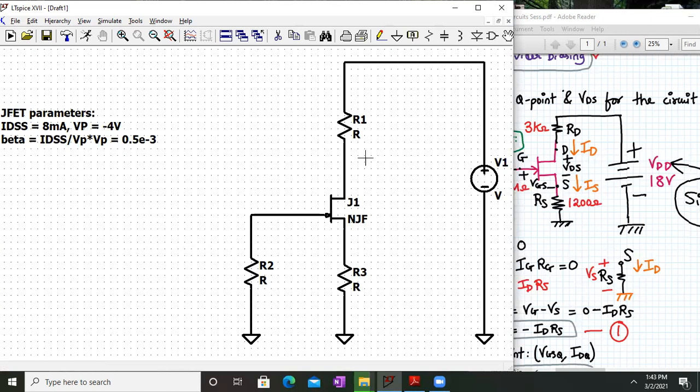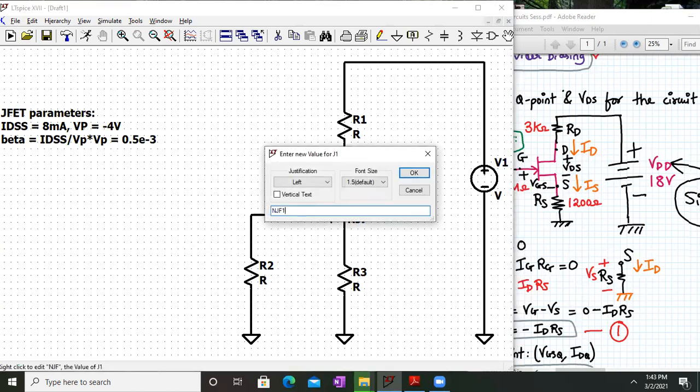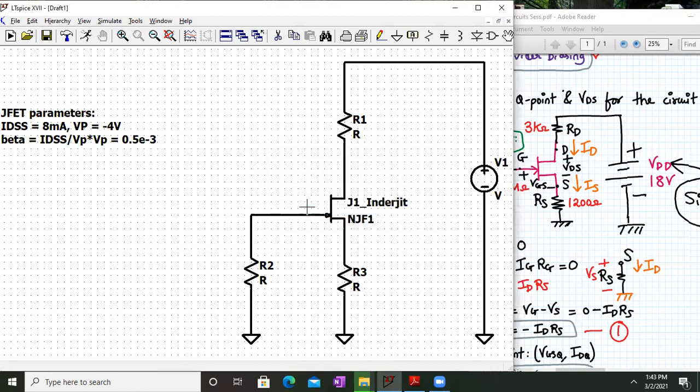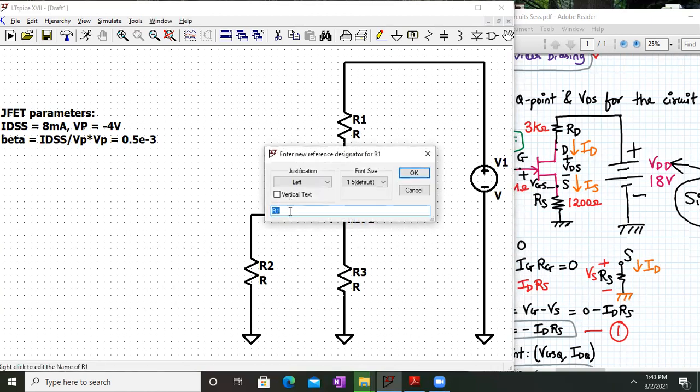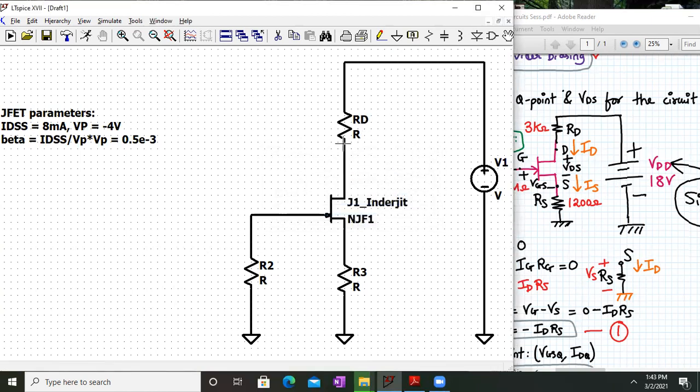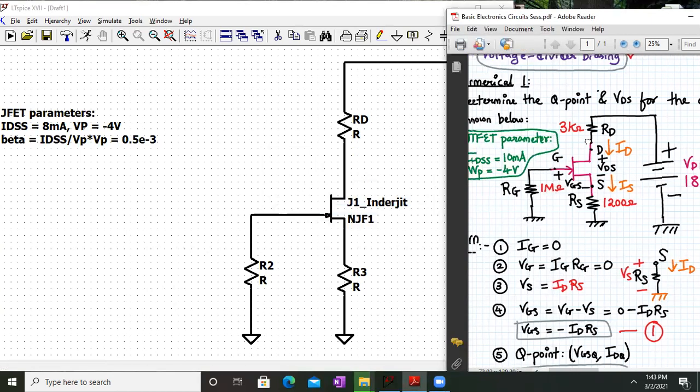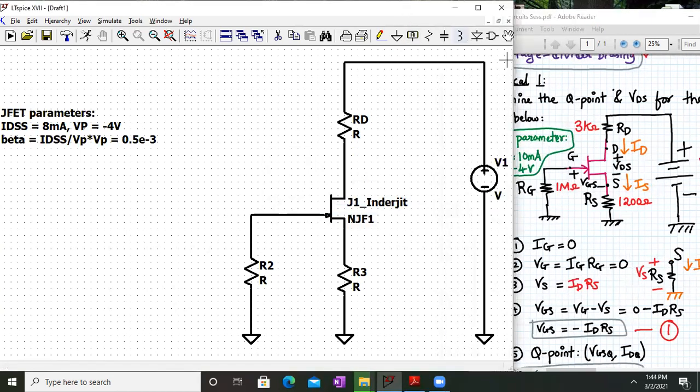Here I can rename this as, let's say, NJF1, and this I can call J1 underscore my name. This is the value of RD, which is 3 kilo ohms, as you can see clearly.